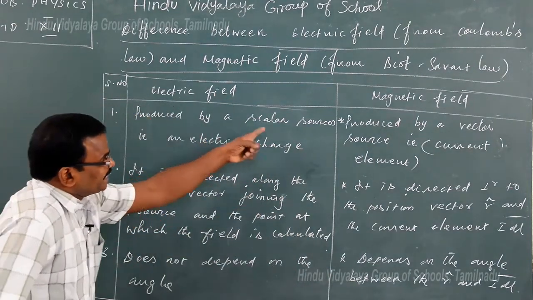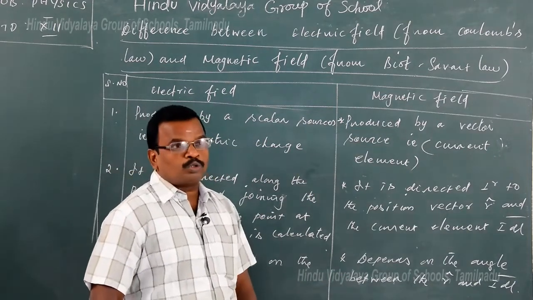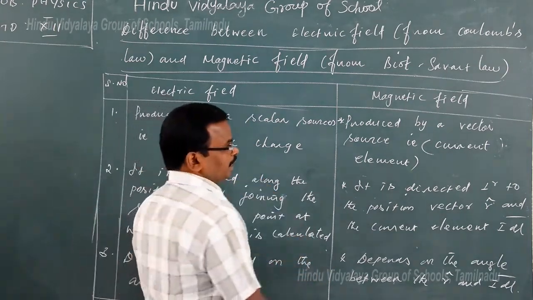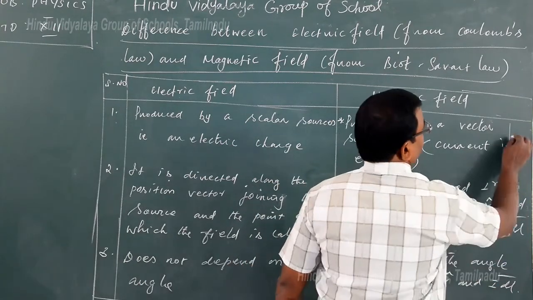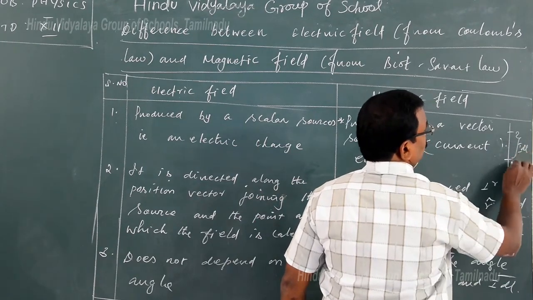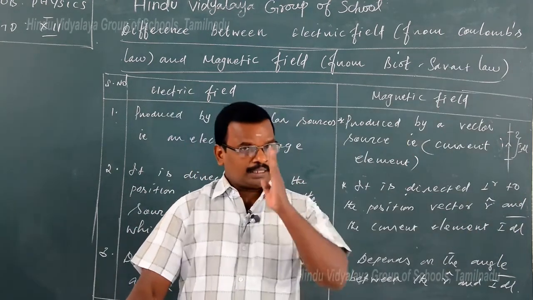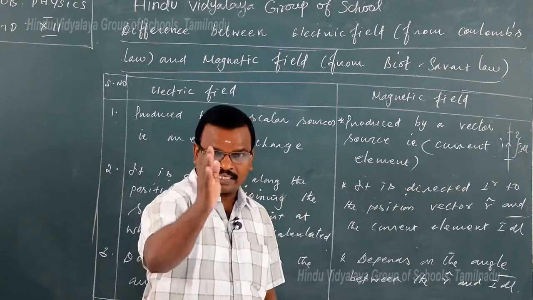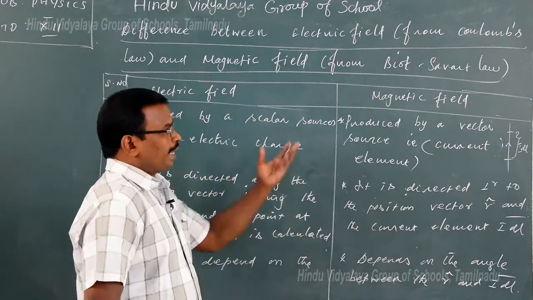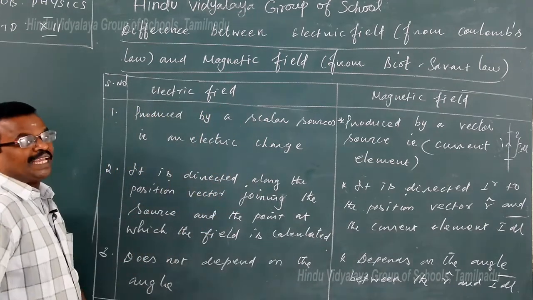So that is produced by a scalar source, that is an electric charge, but the magnetic field is produced by a vector source. What is the reason? Electric current which is passing through the current element. Current element means just like a conductor. Within the conductor, we have to choose a small length dl and the current which is passing through, either bottom to top or top to bottom. At the time the current is passing through the conductor, direction is there as well as magnitude. Therefore, this is a vector quantity. So, the magnetic field is produced from a vector source, but the electric field is produced from a scalar source, that is electric